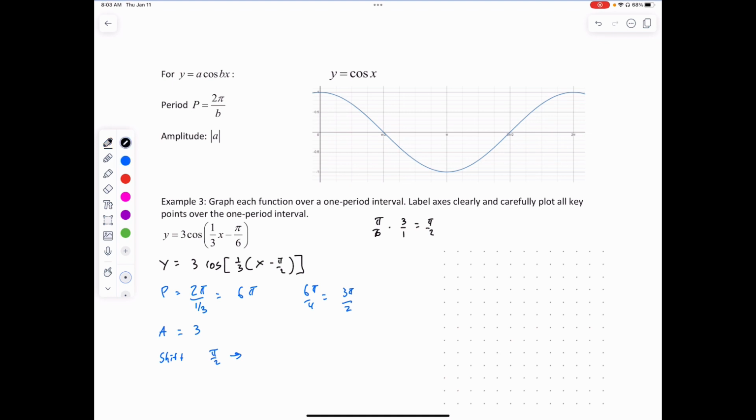So let's go ahead and sketch a graph of this. I'll get a vertical axis going, I'll get a horizontal axis going. We're shifting to the right, so it's all going to be on the right. If I label this guy as pi over 2, then I have to count by 3 pi over 2's, right? I know pi over 2 is going to be my starting point because of this shift, and I want to count by 3 of those pi over 2's each time. So I'll get a point here, a point here, a point here,